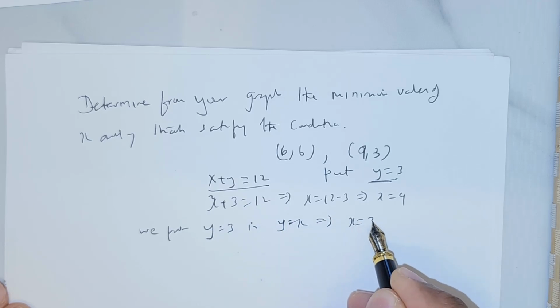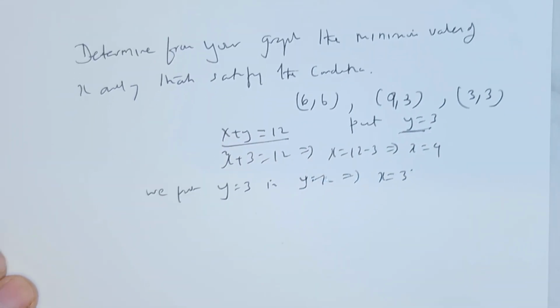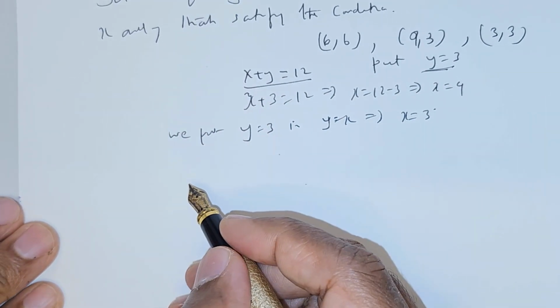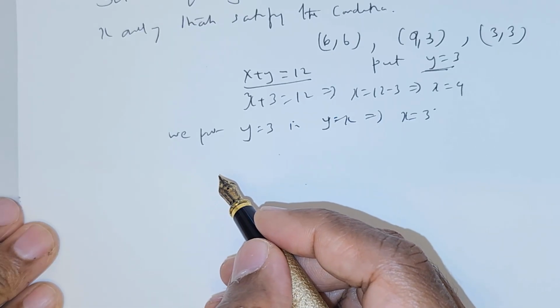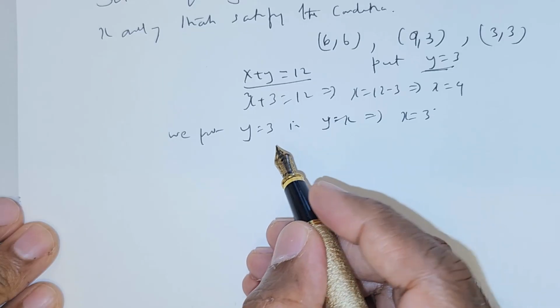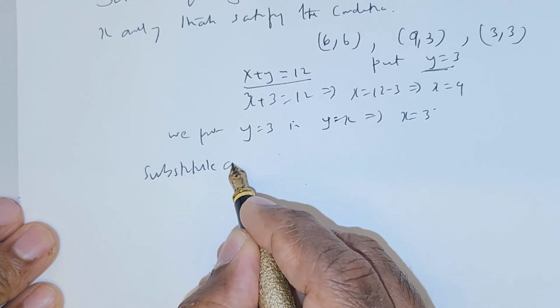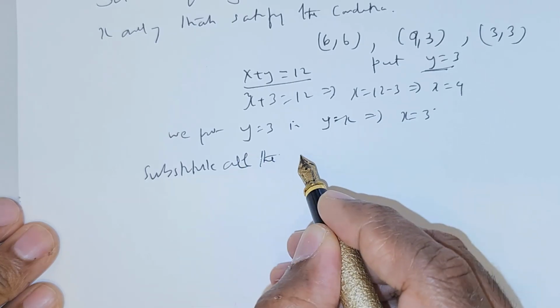This means we get x is equal to 3. So this is the third point. So what we have to do is we will have to take these points and substitute all these points,